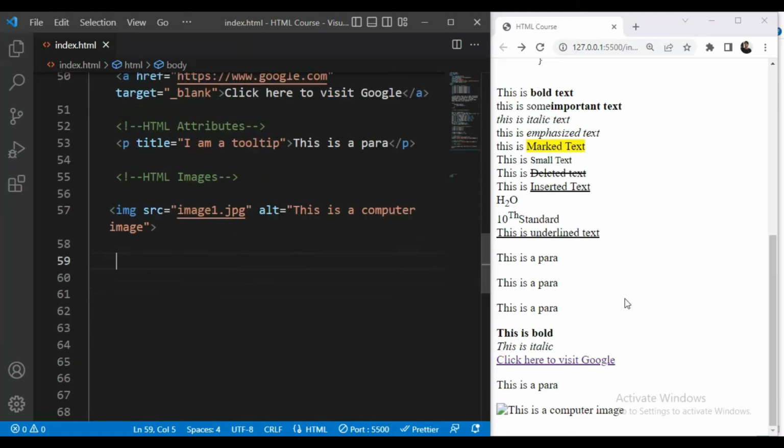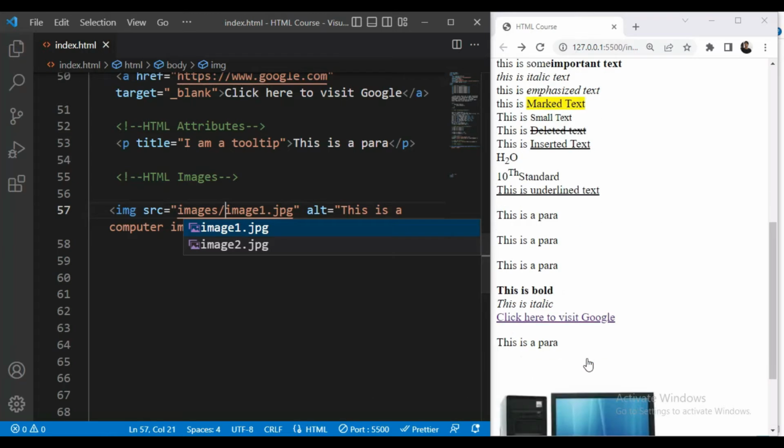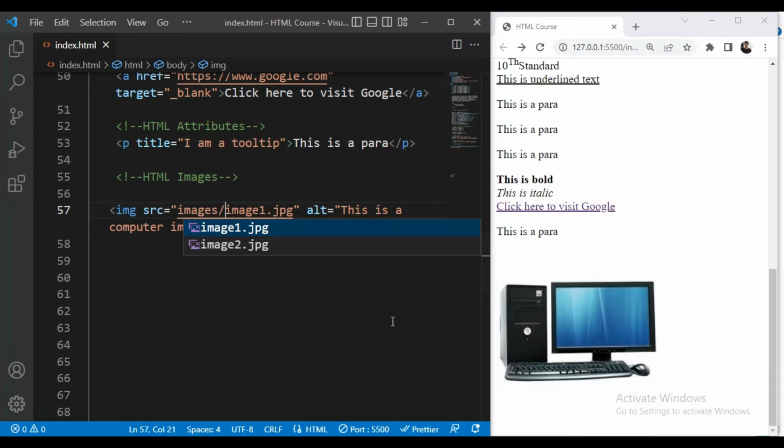If I save this now, you can see the image is not displayed because now our path is wrong. So I have to add the path. For that I will write images, that is the name of our folder, then slash and name of our image. So let us save this. Now you can see we have image.